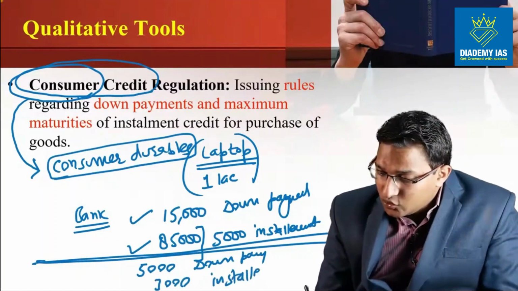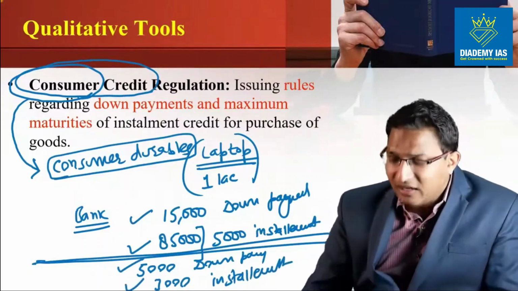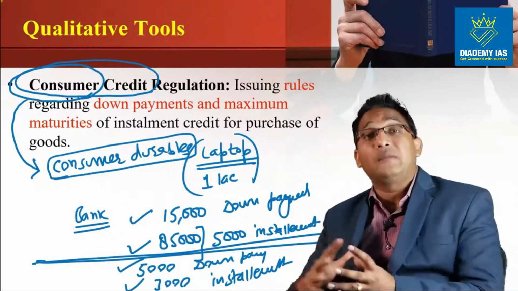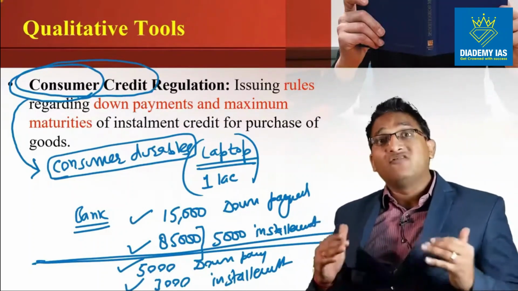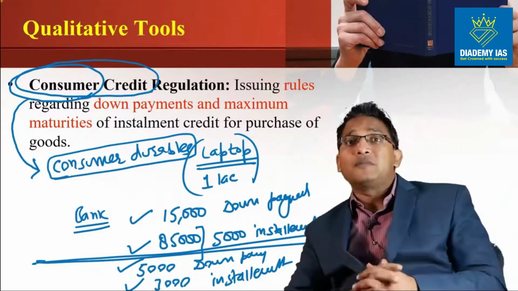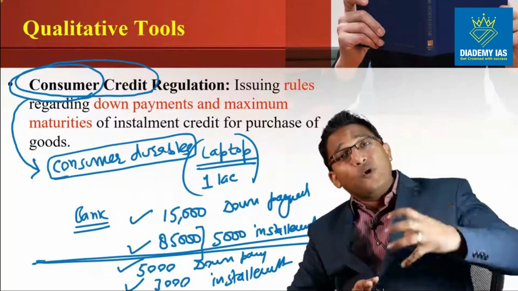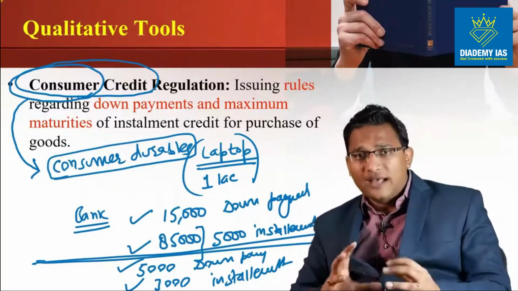When only 5,000 is the down payment and 3,000 is the installment, then more people can buy the laptop because the immediate burden on their pocket is very, very less. So this is how